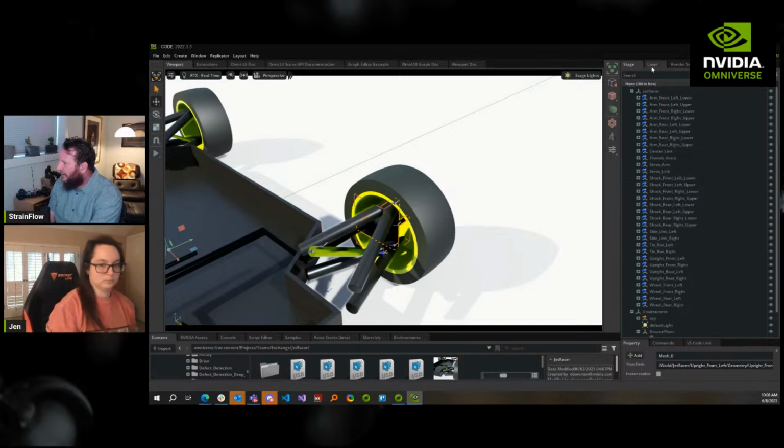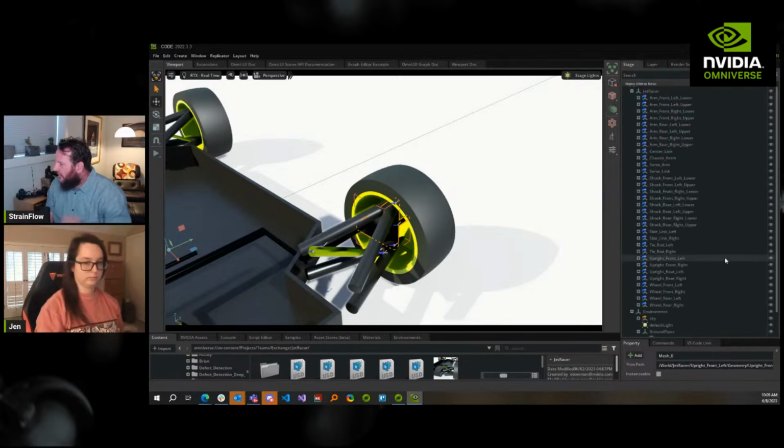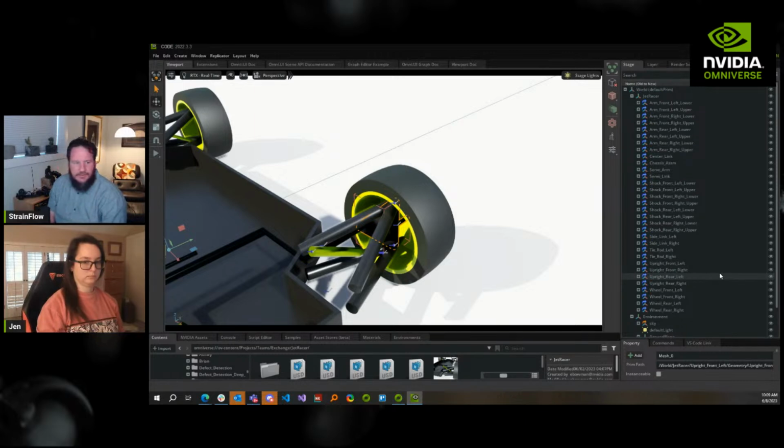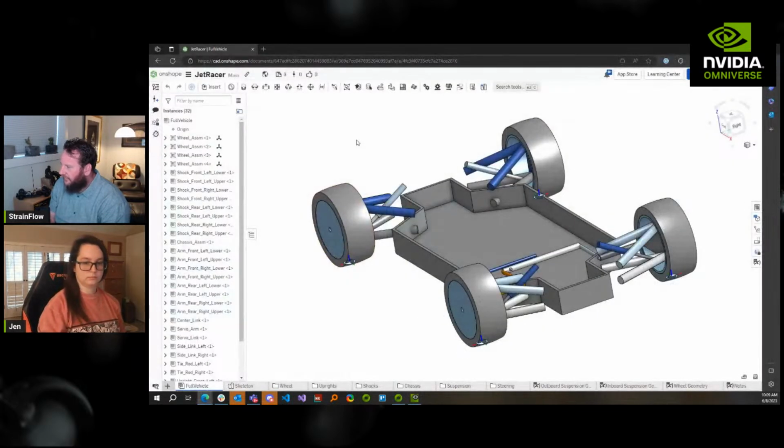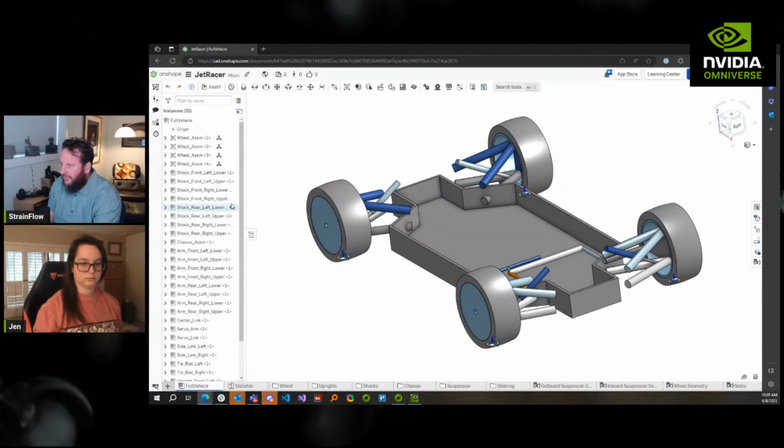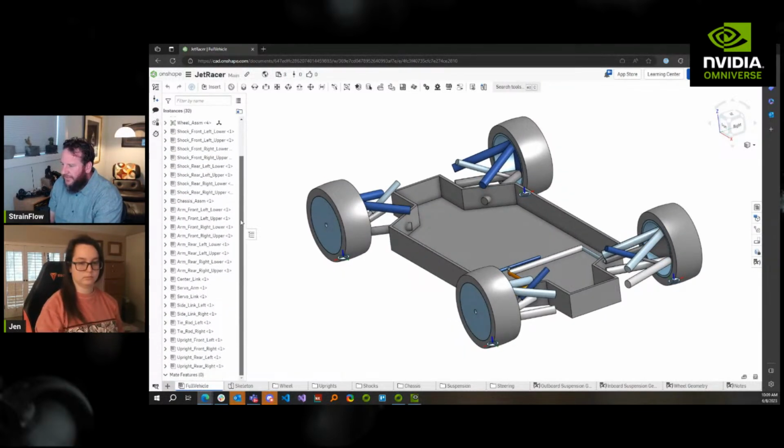And so I had my stuff all imported, and then I had to import another one. And so I just want to go over a little bit of this USD structure that I'm using to demonstrate this pipeline for you. So let's go back to CAD. Where's my CAD? Here we go. All right, here's my CAD. If I go to the full vehicle, you may notice